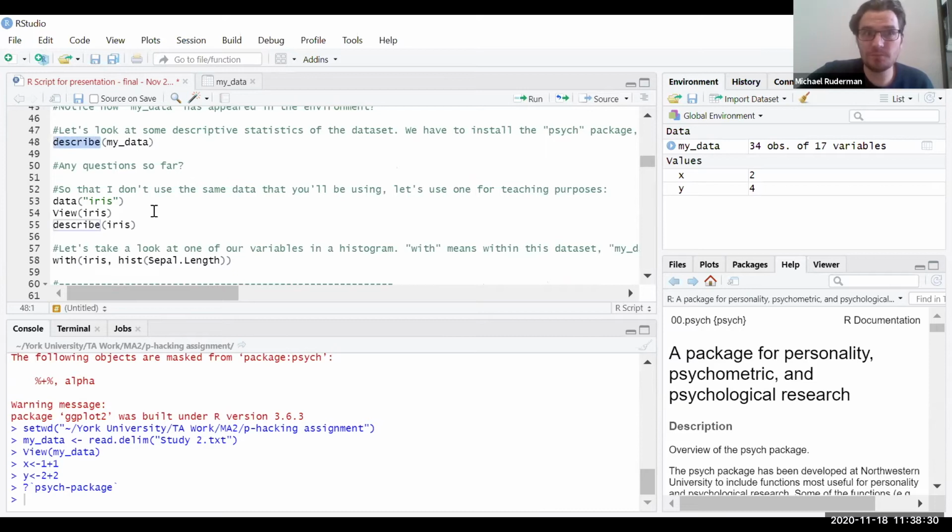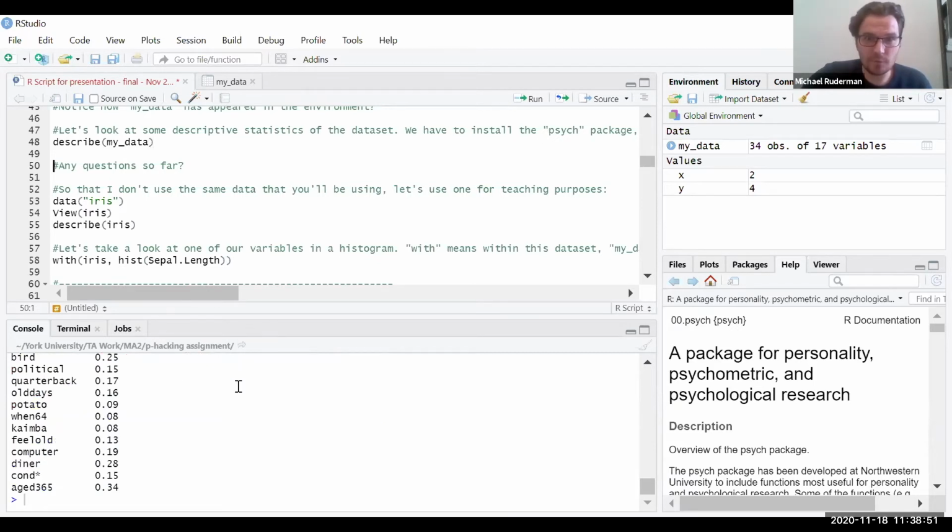This is the operation. And then in brackets, we have the data set that we want to have descriptive statistics for. This is sort of the structure of a lot of operations: it's what you want it to do, and then in brackets, what you're doing it to, and in what way. So let's just run this, and you'll see in the output,